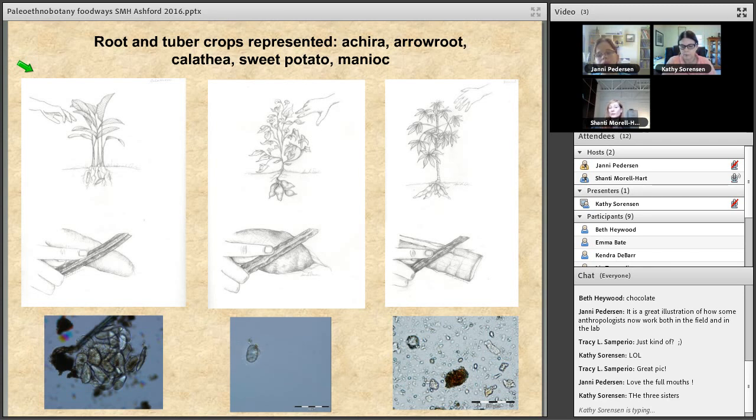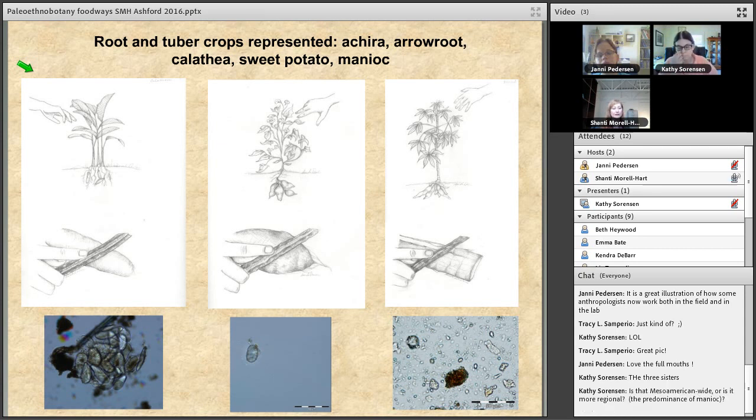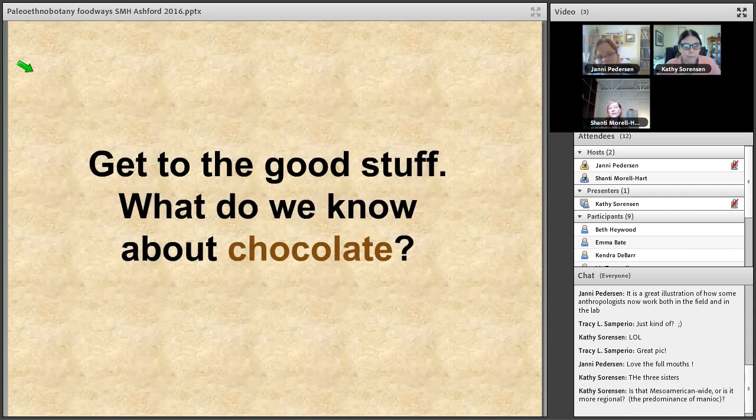But I found starch grains from achira and arrowroot as well. So a lot of different kinds of plants that people were using in addition to maize. It wasn't this sort of strong focus on maize agriculture for survival, which runs counter to those earlier historic